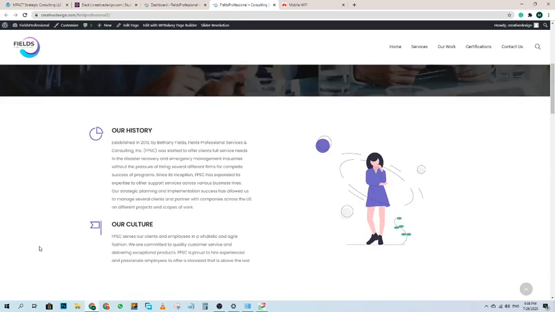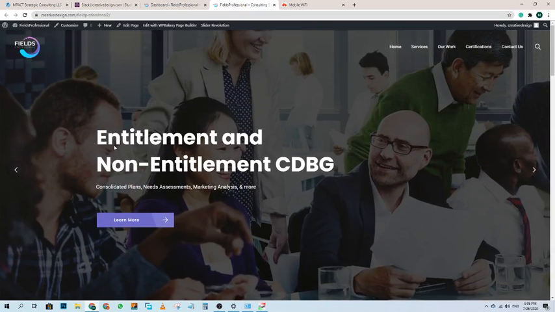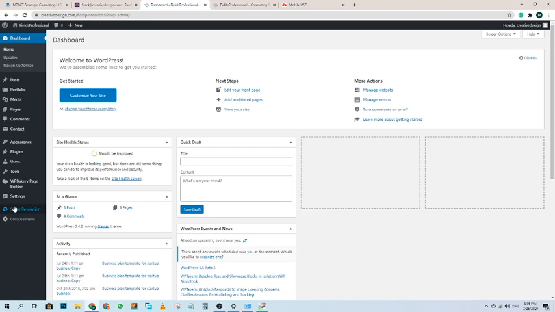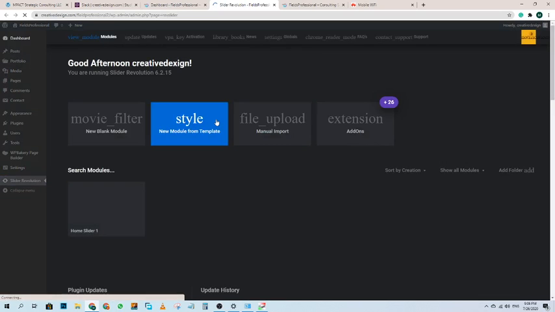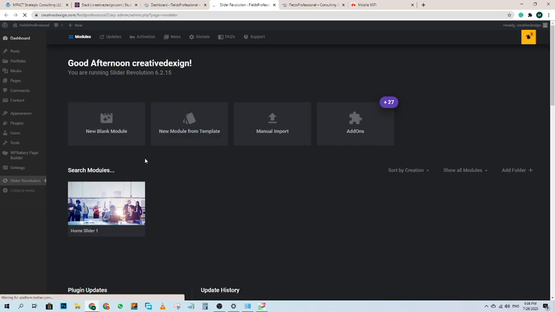Now first I will show you how you can change the content of your slider. For this you have to come to your dashboard and simply click on Slider Revolution. Once you come into the dashboard of your slider, you have to click on this pencil icon.